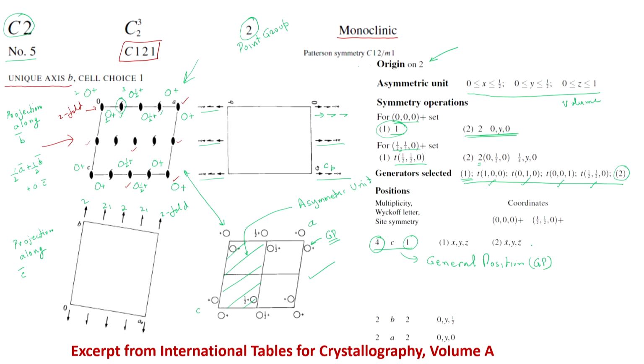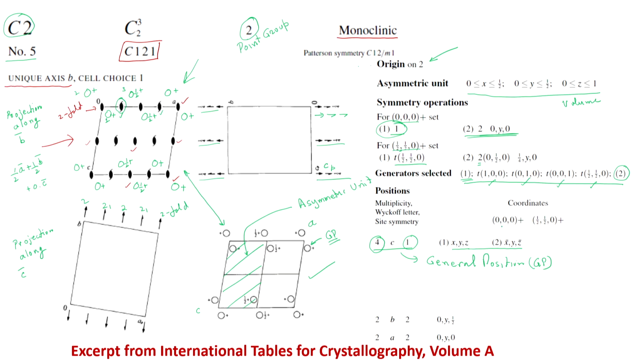So, there should be 4 coordinates here, but you see only 2 coordinates. So, we start from x, y, z. When you have a two-fold rotation, the two-fold axis is along y, the unique axis y. So, the other 2 coordinates will change. x will go to minus x, z will go to minus z. This gives me only 2 coordinates, but I have a multiplicity of 4, there should be 2 more coordinates.